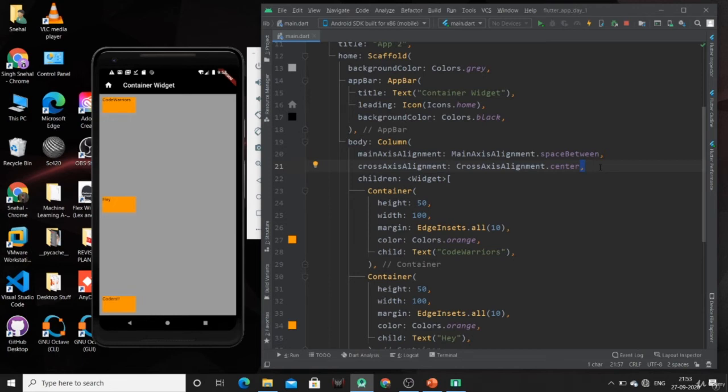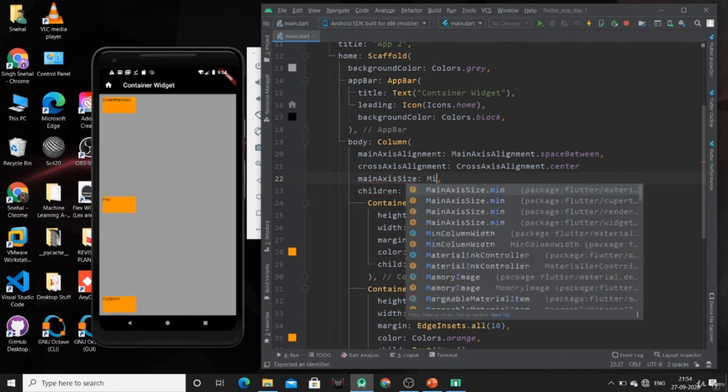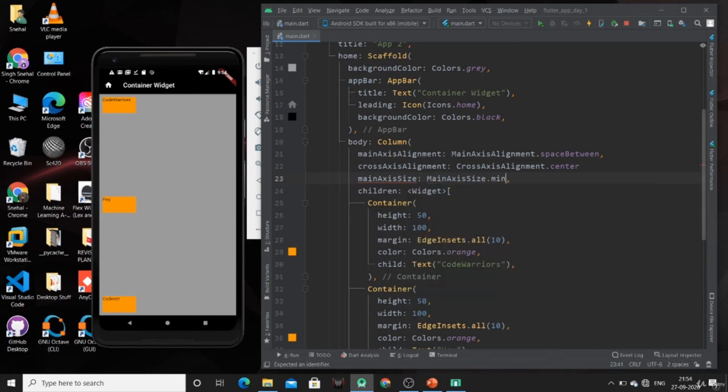Now I can also use some different properties, or I can also change the layout or size of our widget. Like I can give the main axis size as minimum size, and I can specify it as maximum size, so that the whole space can be covered or minimum space can be achieved.